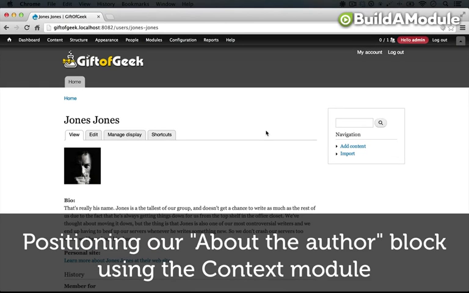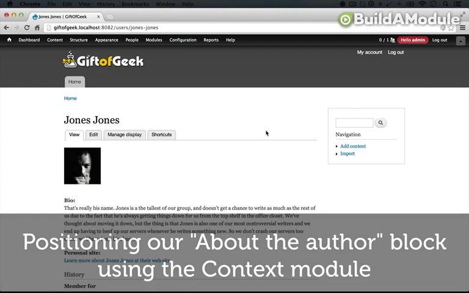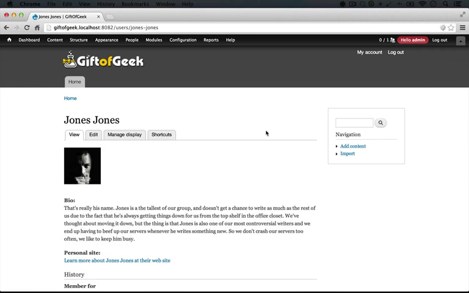So we just got done building a view to display an About the Author block in the sidebar. We haven't actually positioned it yet, but we fully created the content and we have supplied the proper contextual filter in order to display it properly on a node page. Let's go ahead and display the view, and then we'll come back and we're going to recreate something very similar